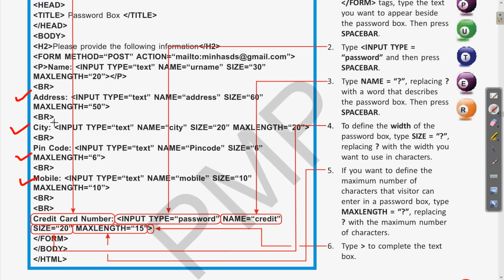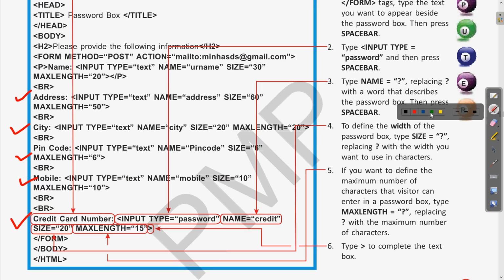So among all these elements which are written in a text box, we are saving some information which is confidential, which is required to be hidden. For that, if there is any information like a credit card number, clear? For this we are using the input type as password.